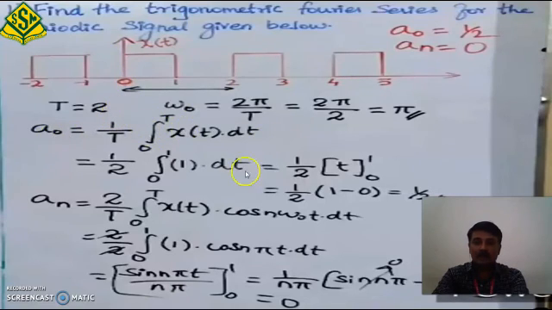After putting all the values here, you may wonder why it is 0 to 1 in the integration instead of 0 to T. Actually we found T equal to 2, but it is marked as 1 because my signal appears only from 0 to 1. It is not available from 1 to 2, so you can change it to 0 to 1.